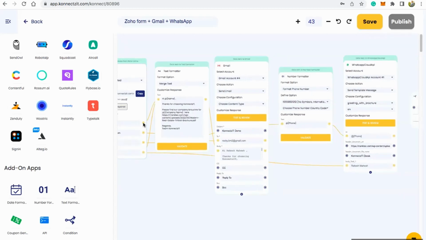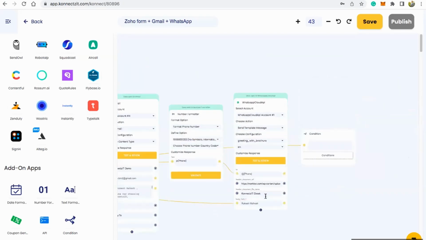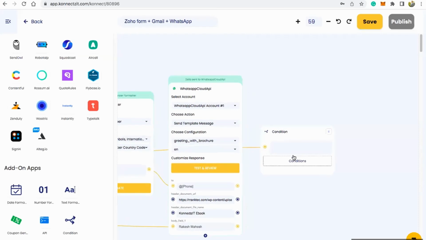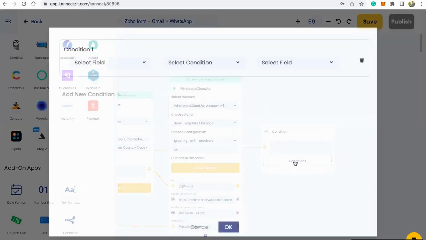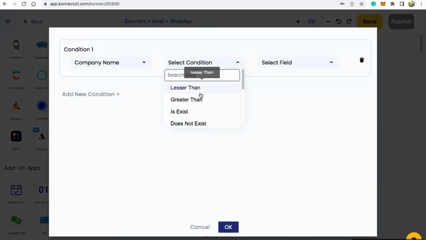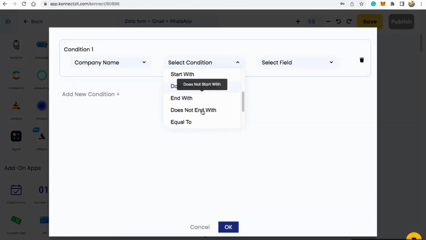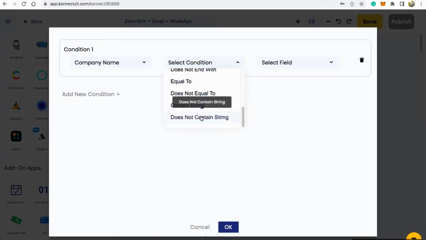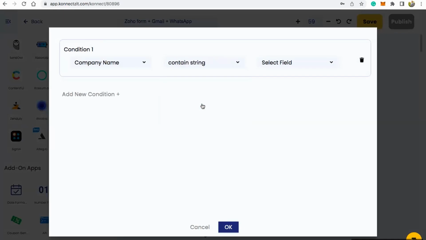So for example, I'm just telling if the company name. Similarly, any condition. This is kind of like a filter. I'm just connected over here, just selecting the condition. I'm selecting the company name field, and you can choose if something exists, does not exist, contains, or equal to. So basically, if it contains any string, for example, I will just say